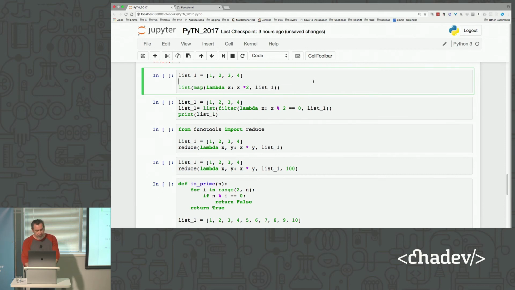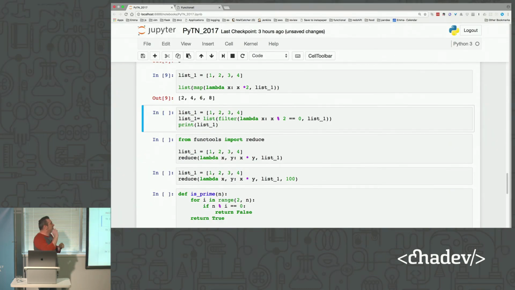So what we will get back eventually is a list that has multiplied 2 by every item in it, right? So that's how map works. And it doesn't have to be a lambda. You could have a much more complex function, but you would probably want to break that out into its own function. And as the first parameter to map, you would just call the function instead of calling it a lambda.